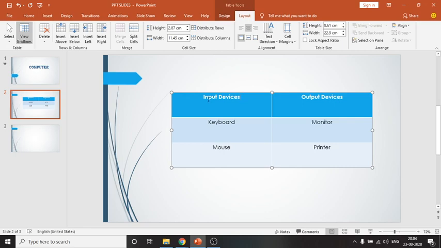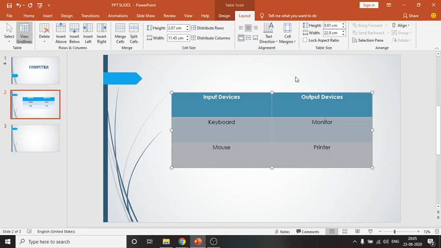So I want them to be at the center of each of the cells. Right. So what I will do, my selection is on a table, then I will again select all the elements, then under this layout option which is available only under table tools, see there is also another option from there,